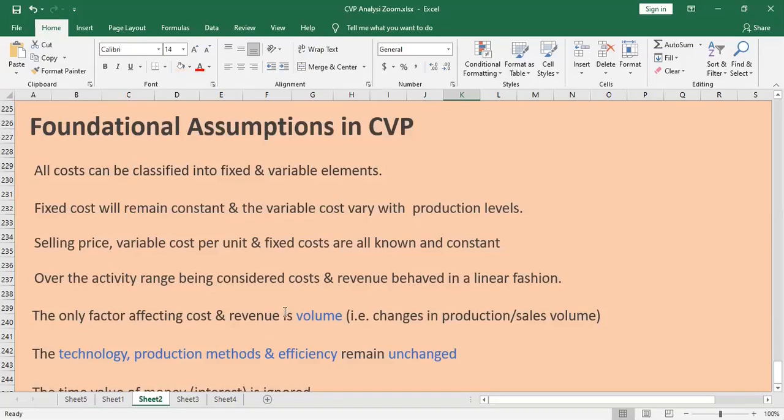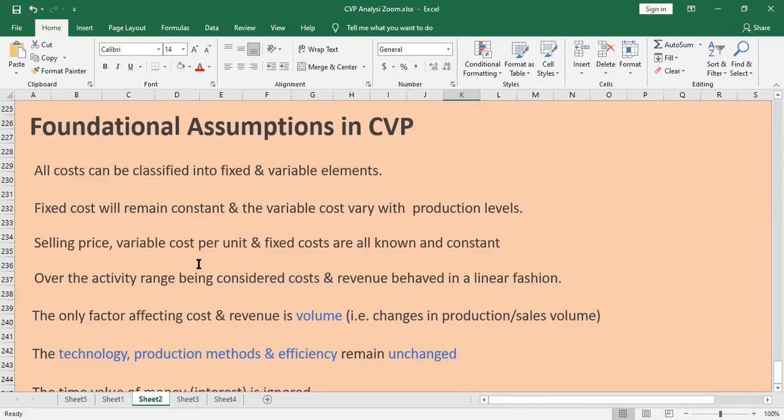But look at the third one here. Selling price, variable cost per unit, and the fixed cost are all known and constant. That is a bit unrealistic, right? Selling price normally tends to change very quickly. Variable cost per unit might also change. Fixed cost probably will not change. So therefore, we should be careful when we are doing this analysis. That's why I always say this is for short term. So we can safely assume that during a short period of time, sales price is going to be constant. During a short period of time, we can assume that the variable cost is not going to change,